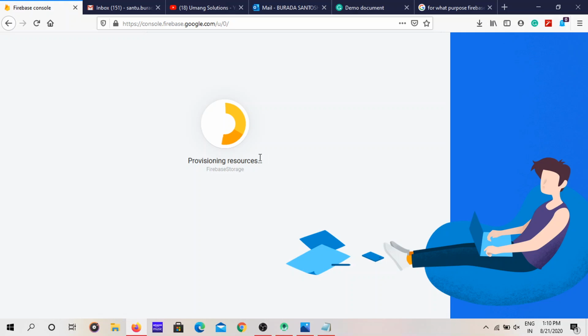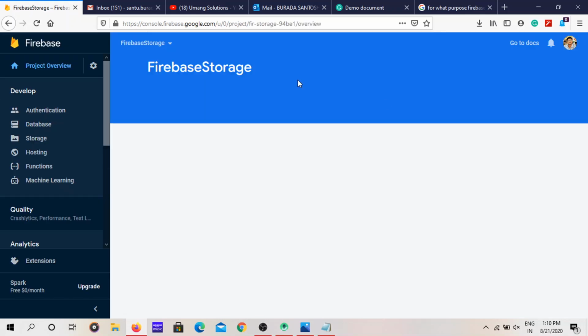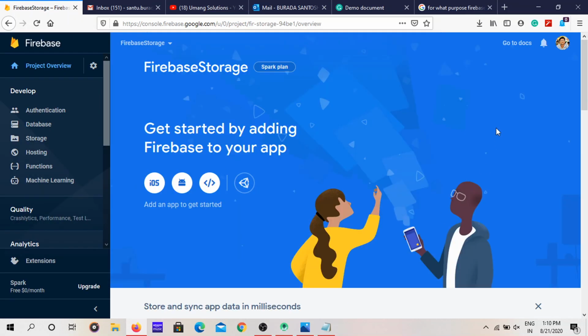See, Firebase is very interesting. Learn this Firebase, you can build your own apps. You can have your own server. Okay, now the project is completed. Yeah, it is showing our project admin panel. This is our admin panel.